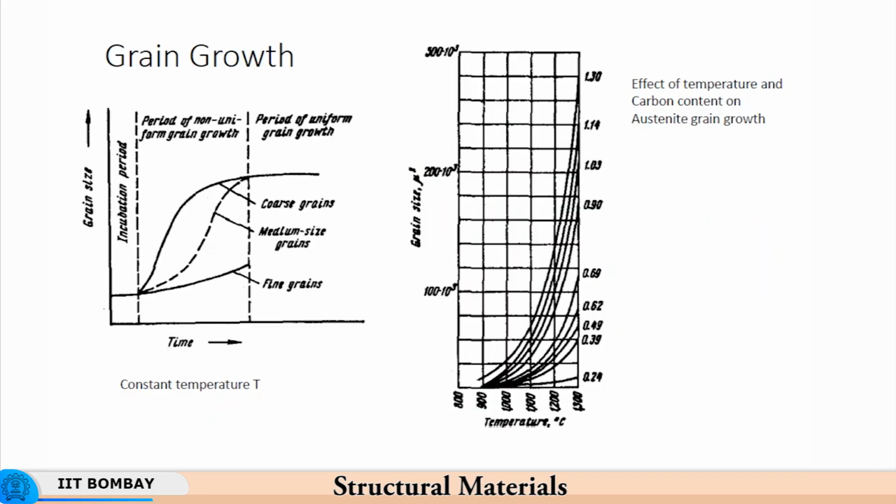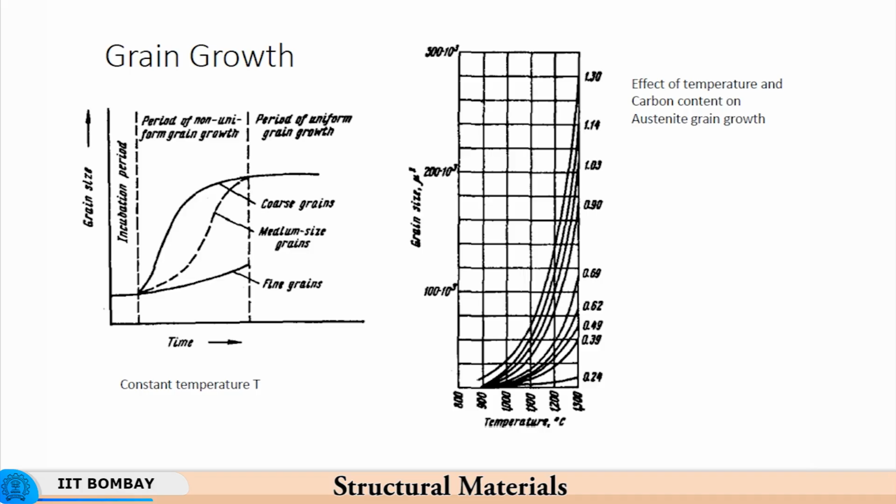We have also seen how the grain growth takes place, or how grain size changes. You have an initial grain size, let us say coarse or fine. Then you have 2 stages of grain growth, one is non-uniform grain growth, and then there is a period of uniform grain growth. So, inherently coarse grains continue to remain coarse, they do not really grow further coarse, whereas finer grains have a reason to become coarse, because when you heat the material, beyond a certain time,